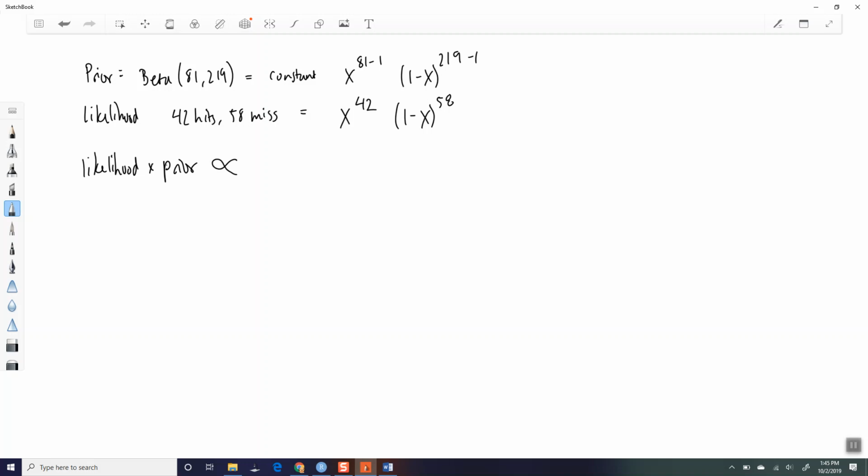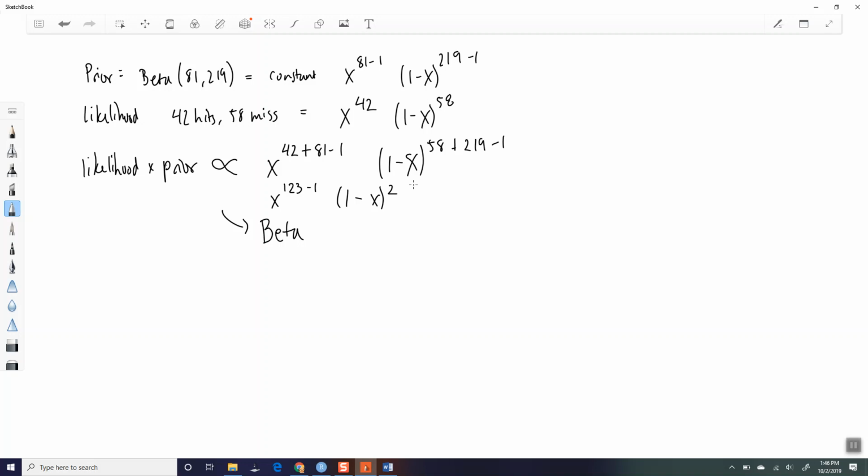And when we do the likelihood times the prior, we're going to get something proportional to x to the 42 plus 81 minus 1, and 1 minus x to the 58 plus 219 minus 1, okay? So all we're really doing is adding the number of hits to the first shape parameter and the number of misses to the second shape parameter, okay? And so this ends up being proportional to the beta distribution. So x to the 123 minus 1, and this is 1 minus x to the